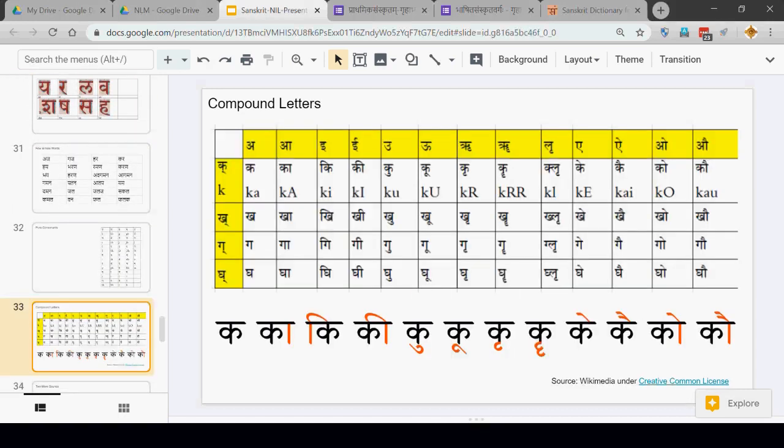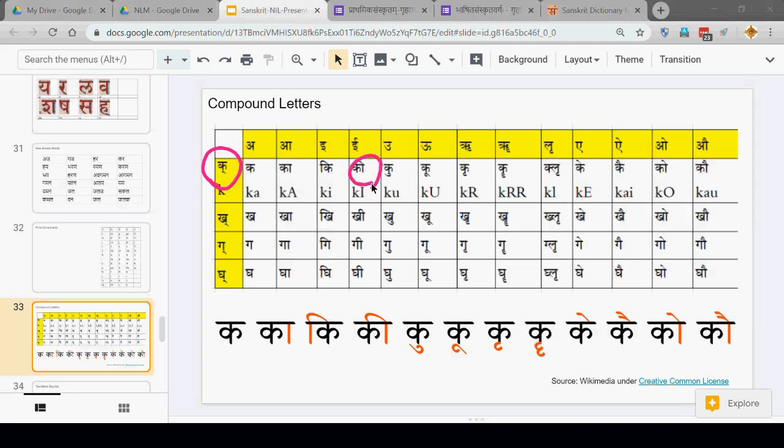So what we are seeing here is ka, ka, ki, ku, ku, and so on, by adding different vowel sounds to each of the consonants. So we saw ka, ka, and ki. When we add the elongated e sound, this was short e, elongated e sound. This is similar. The writing is similar to what was ki, but it is in the opposite direction. This is a long e sound. So this is shown in the table here at the top. Ka plus long e